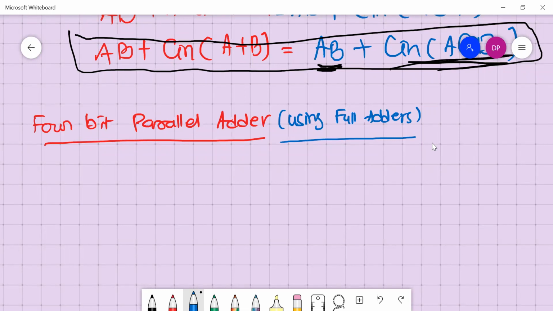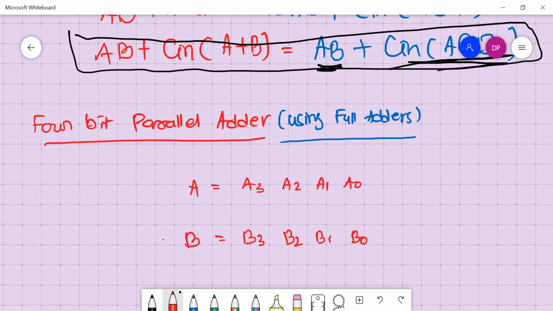So if we have two variables A and B, and A has 4 bits, so let's name them A3, A2, A1, A0. Similarly, B has B3, B2, B1, and B0.